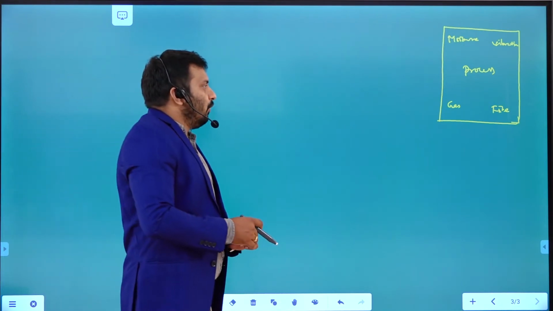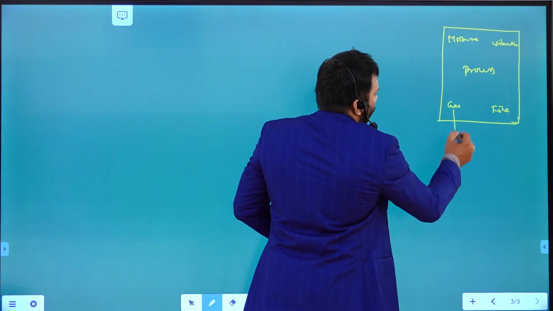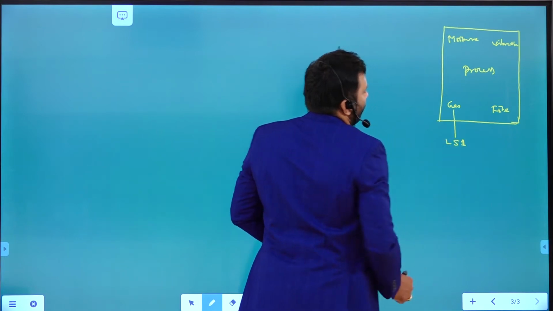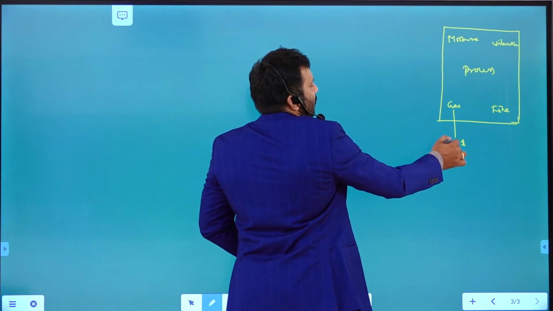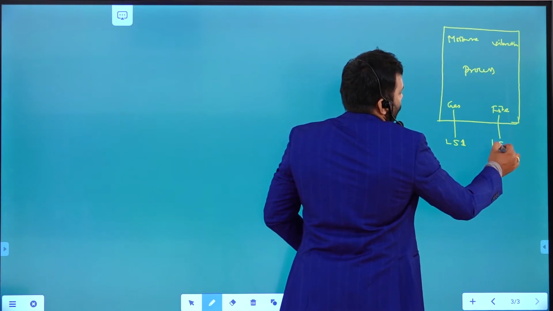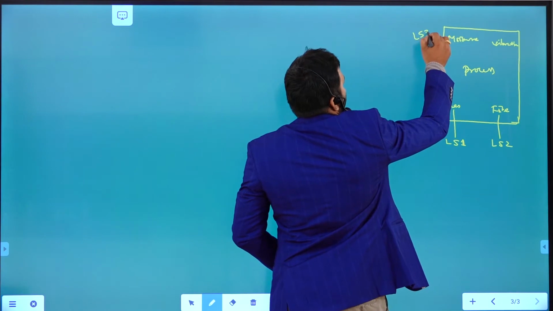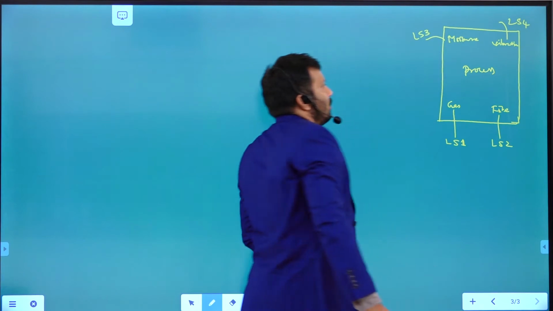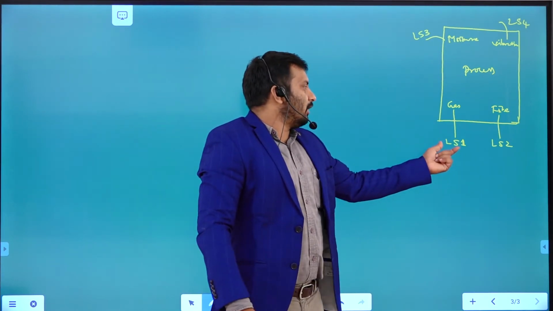So for that, how are you going to sense this? For example, here I placed one limit switch for sensing the gas. If it crosses some limit, it is going to give some signal. This is limit switch 2 I used here, for this one limit switch 3, and this one I kept as limit switch 4. I kept some limit values up to a particular limit.